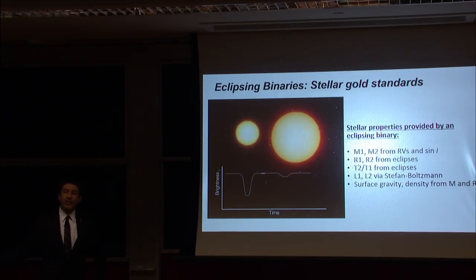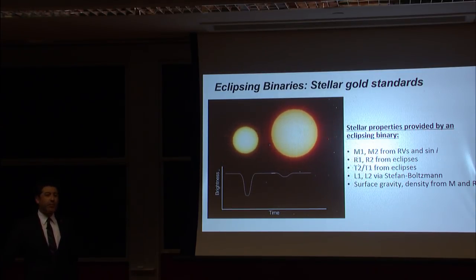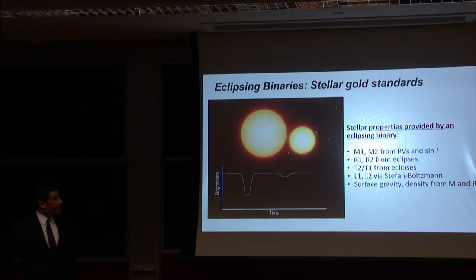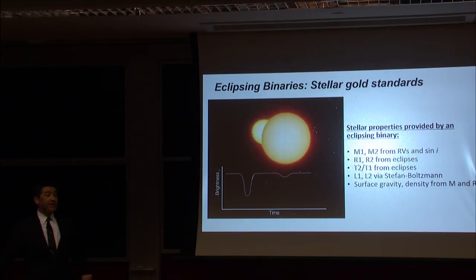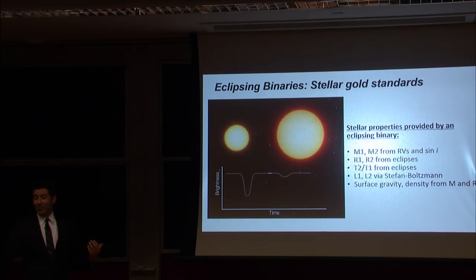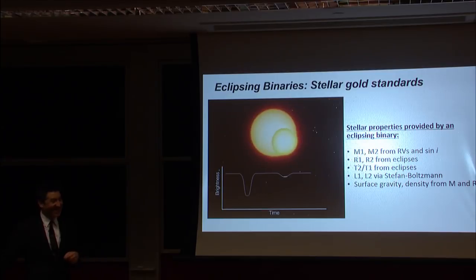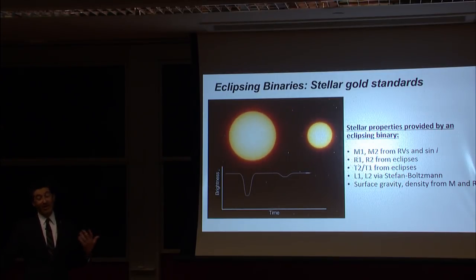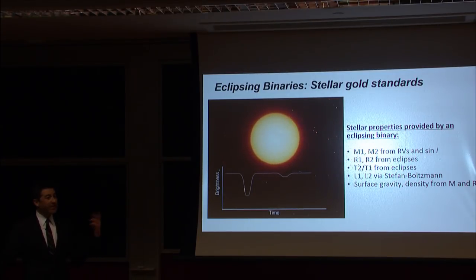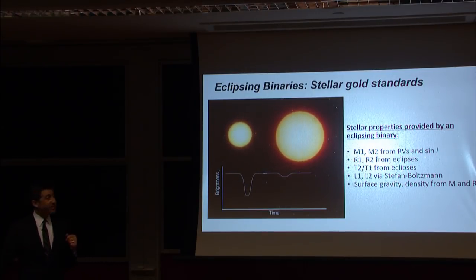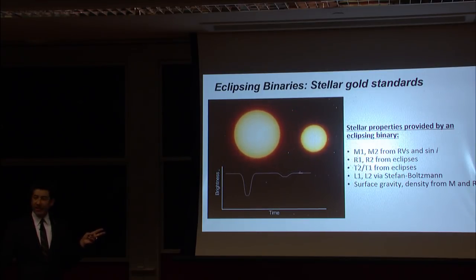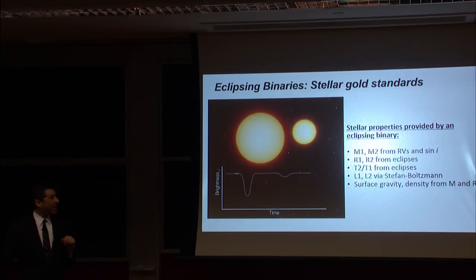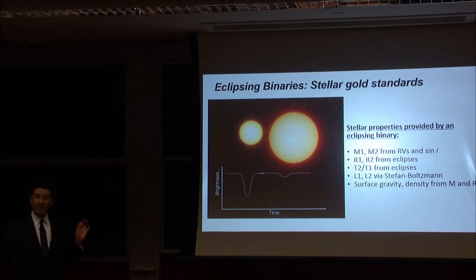Let me start by sharing with you a couple of examples of exquisite measurements of fundamental physical properties of stars, done what I'm now going to refer to as the old-fashioned way, which is to say one star, or actually two stars at a time, via what have long been the gold standards for stellar astrophysics, eclipsing binary star systems. And I'm going to give you a couple of examples that my team and I have worked on because,